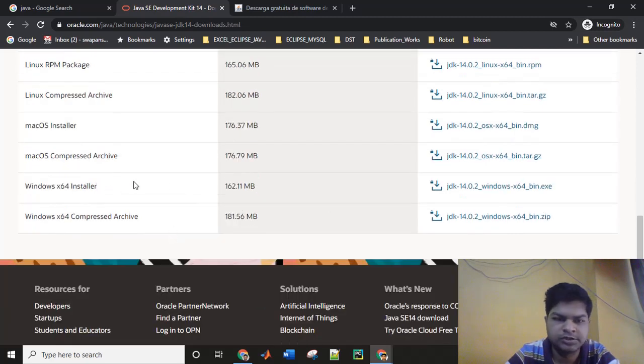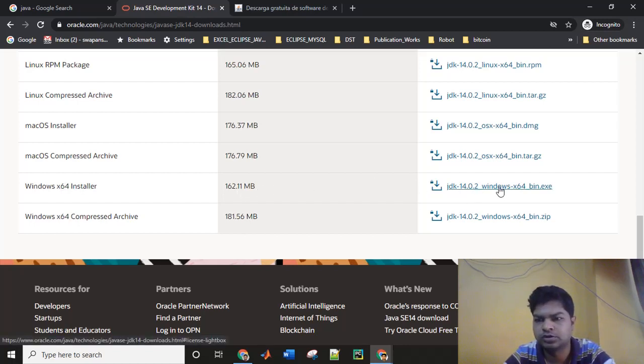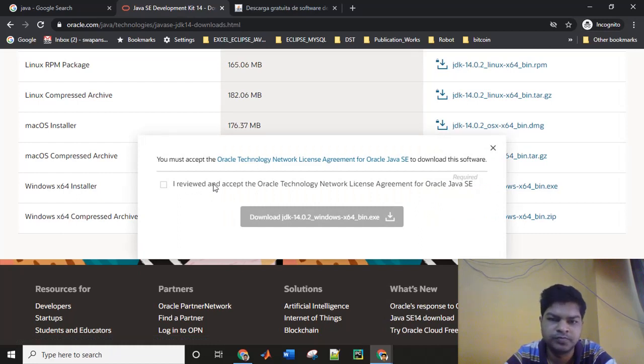In my case it is Windows x64. So I am downloading. You can download this exe file, the Windows x64 installer version. So click on this exe file to download, accept the conditions, and then download the exe file.